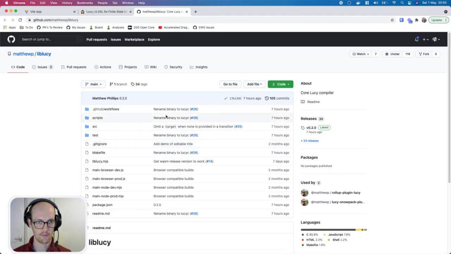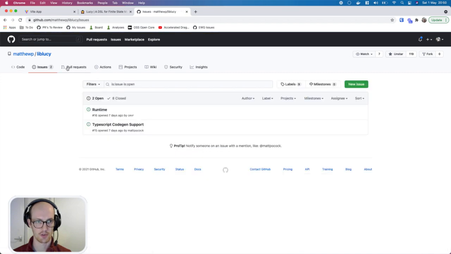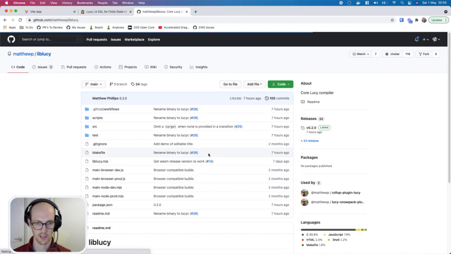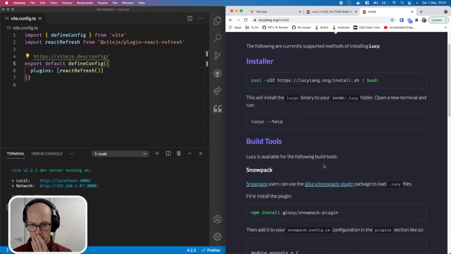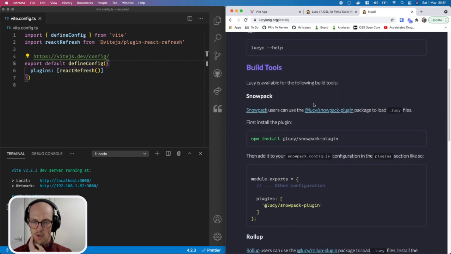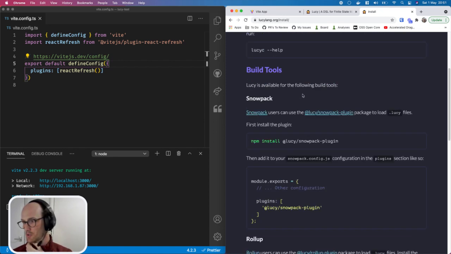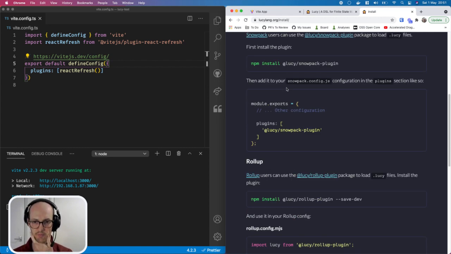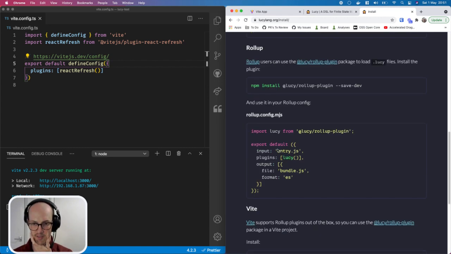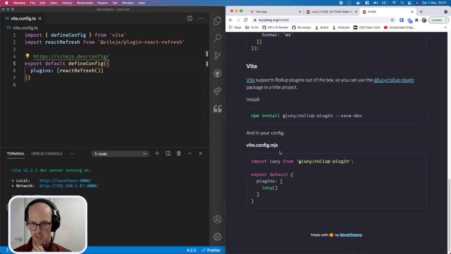The first bit of this is for folks who are interested. I'm going to follow the installation instructions. Lucy the DSL, install. There's a few build tools that I'm most interested in here. There's a Snowpack build tool, there's a rollup build tool, and it looks like there's a plugin for Vite as well. So I'm going to run